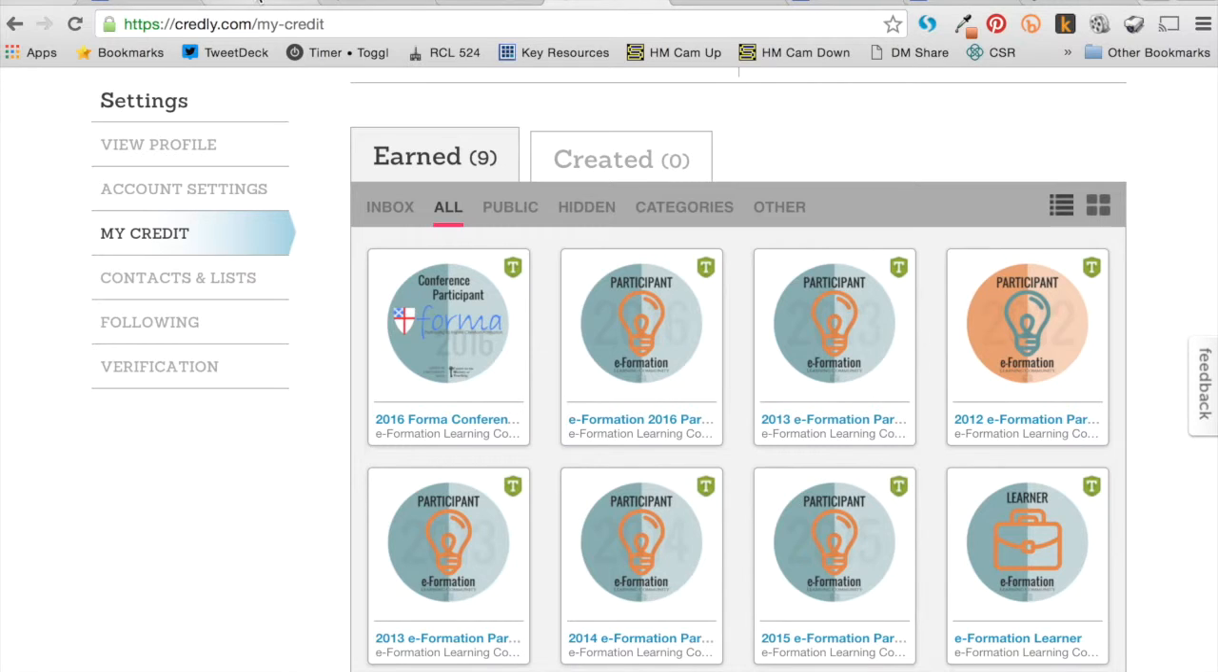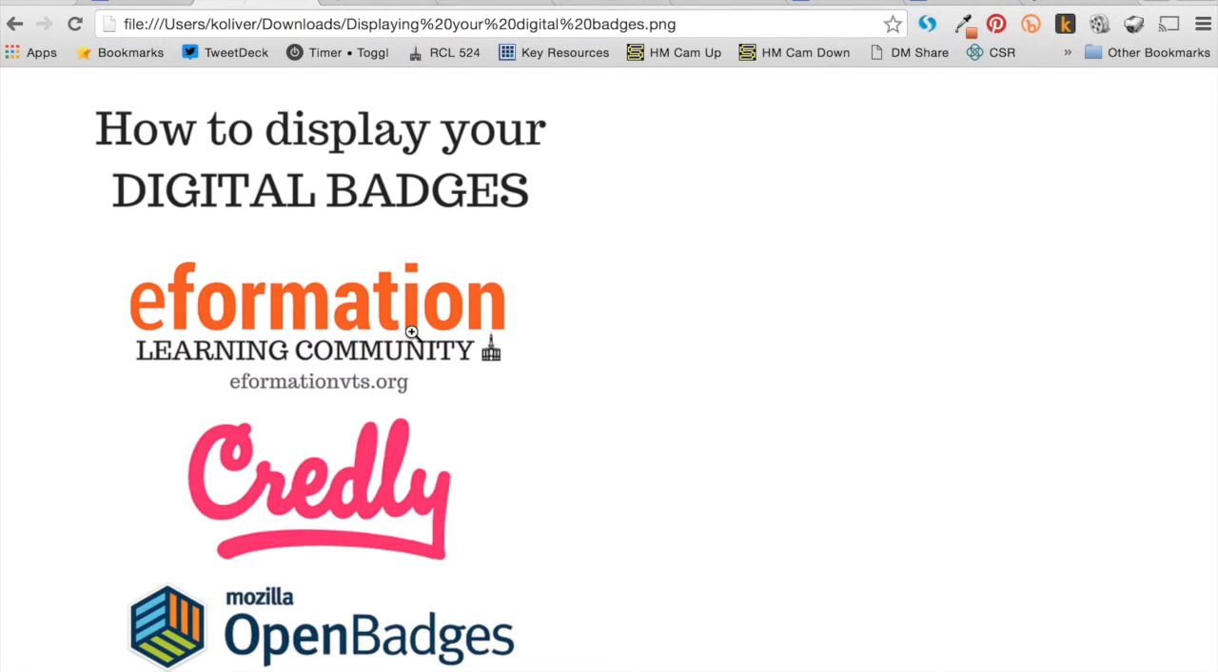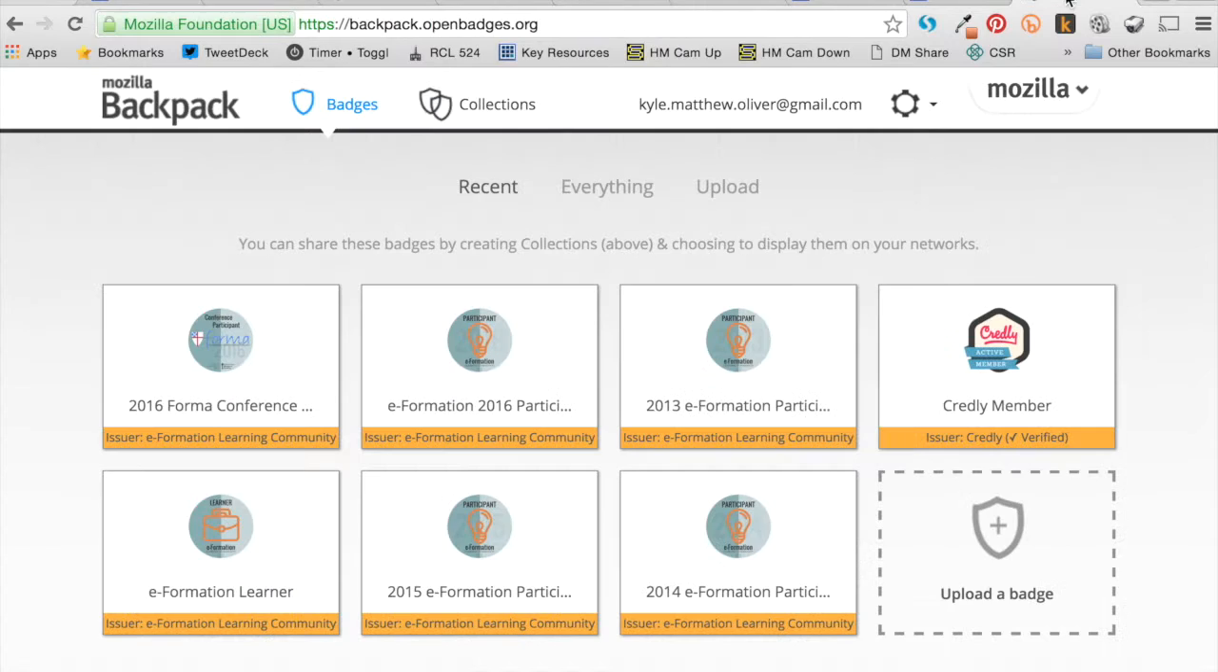Now, I promised a third level of tools. We've talked about eFormation, we've talked about Credly. If I don't mind opening still another account, I can actually start what is called an Open Badges Backpack. This is a project that's run by Mozilla, and it's just another way of displaying the digital badges that one has earned. I've created an account at